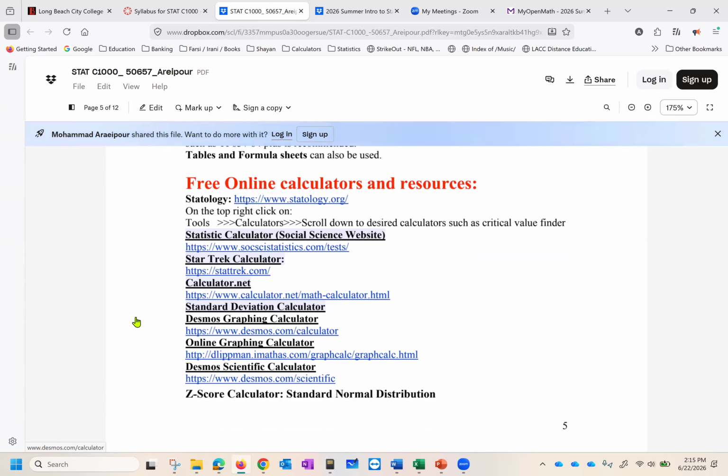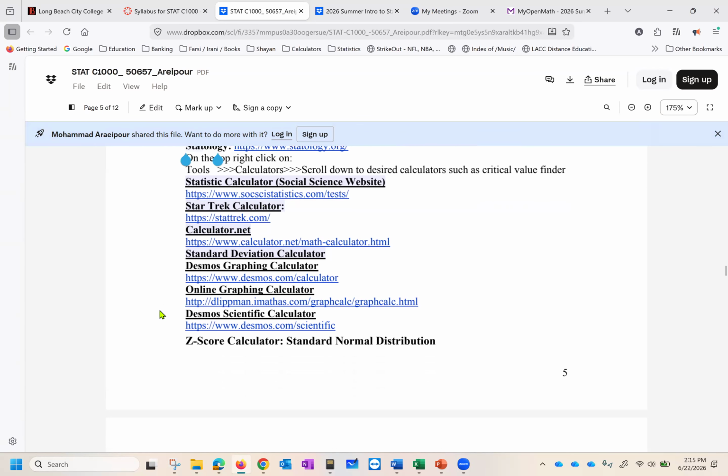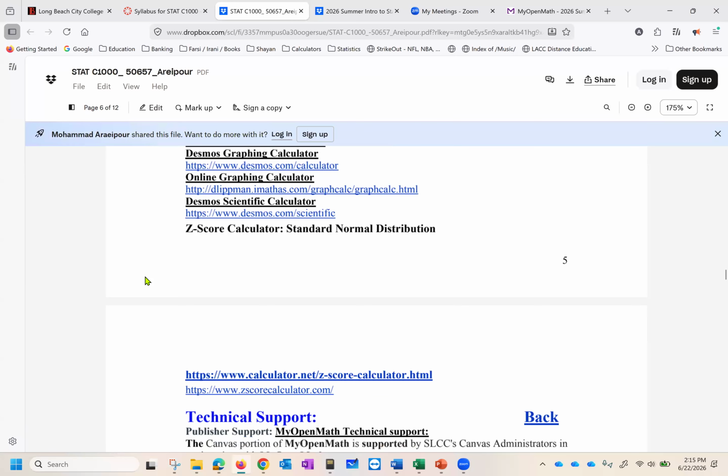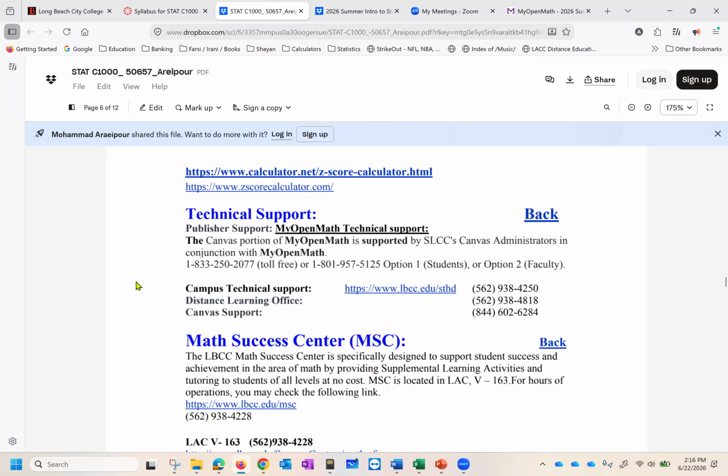Just spend a couple of minutes, no more than 2 to 5 minutes, and figure out which one is the best for you. I believe, based on the experience I have, most students are very comfortable with the first one, everybody. Okay, the first one works for everyone, but you probably want to check all of them and figure out what's the best for you. Various calculators, as mentioned here.